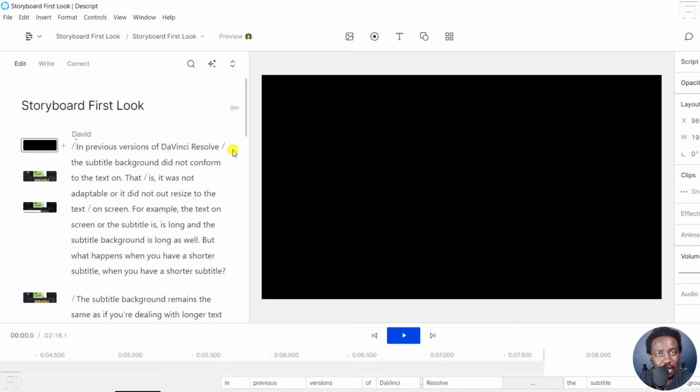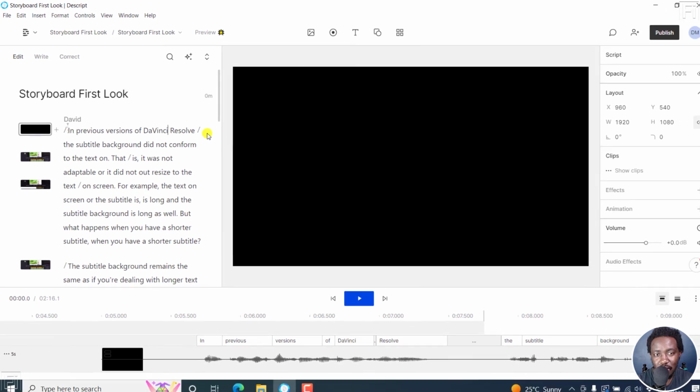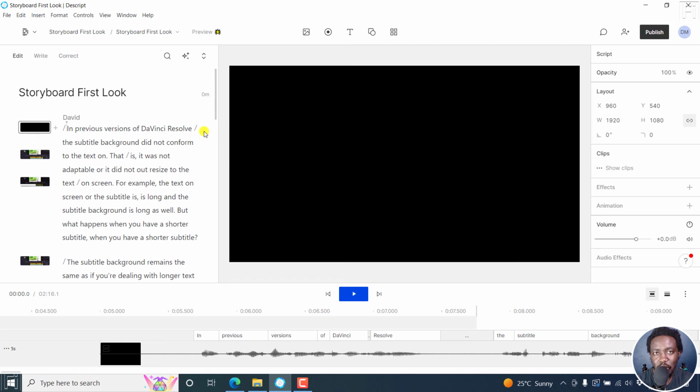I know it's not like in Descript Classic where we had to press E, but it's highlight the text, press C and make your